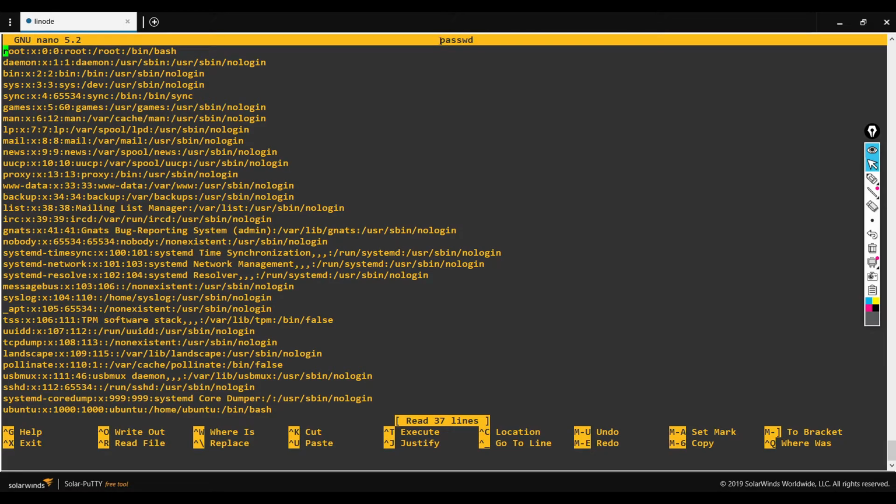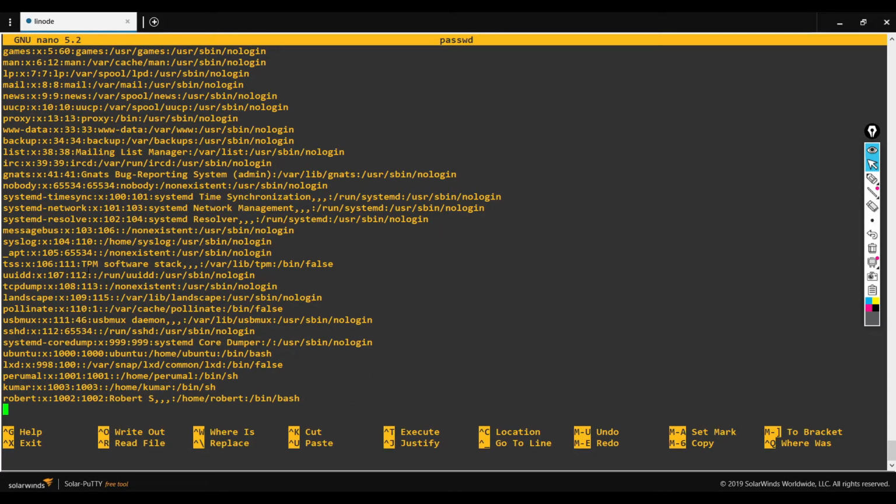This is the file where all the Linux user IDs are stored. I can see the root ID, and the manually created user entry generated as the last entry.